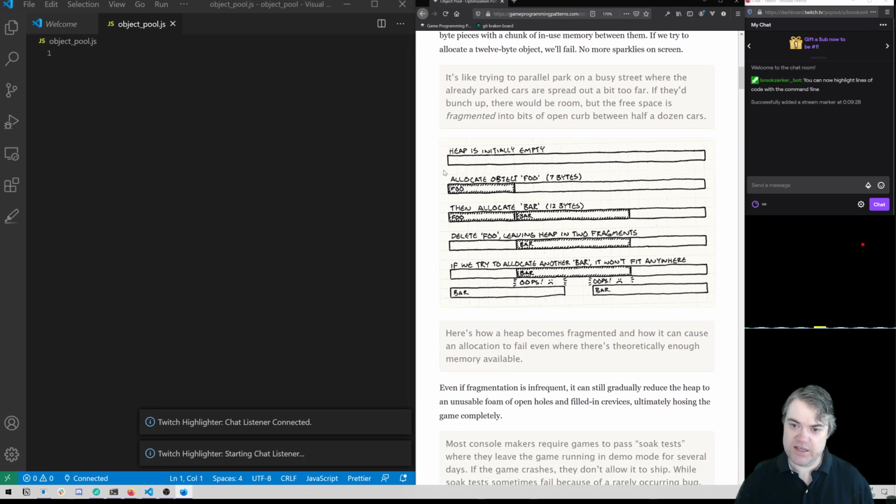Okay, so we start with the heap initially empty. We allocate object foo, comes in here. Then we allocate bar, comes in here. Delete foo, leaving the heap in two fragments. If we try to allocate another bar, it won't fit anywhere. Can't fit it there, can't fit it there. Here's how a heap becomes fragmented and how it can cause an allocation to fail, even where there's theoretically enough